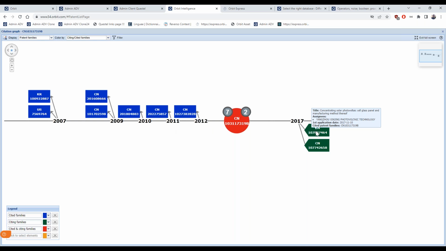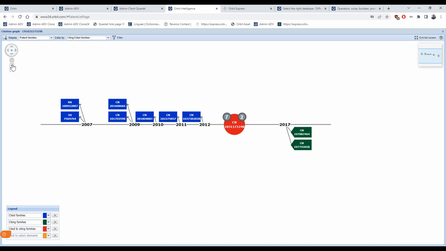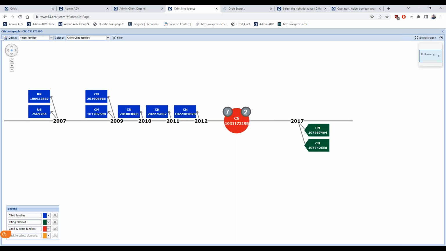If I hover my mouse on a part of this graph, I will have basic bibliographic information like the title, the assignee, first application date, and so on. You can zoom out and zoom in by clicking here. You can export as an image from here.